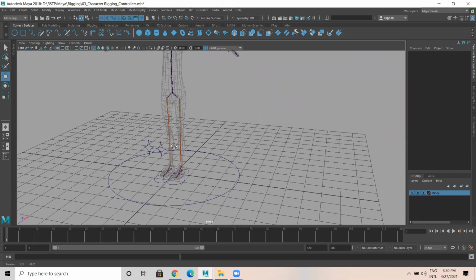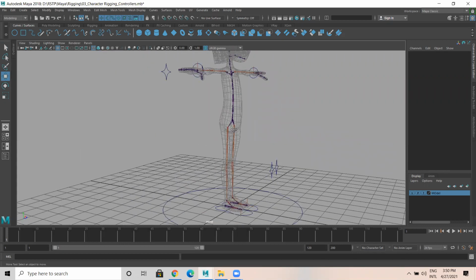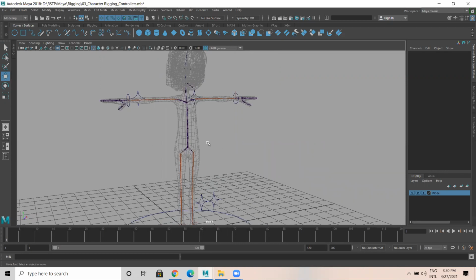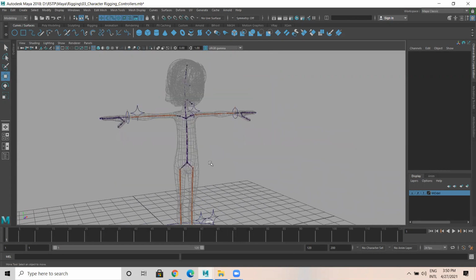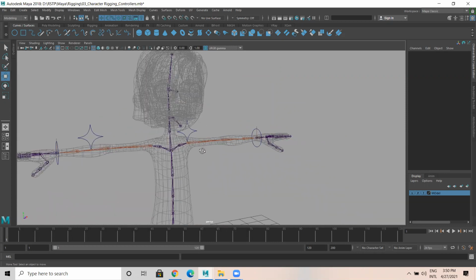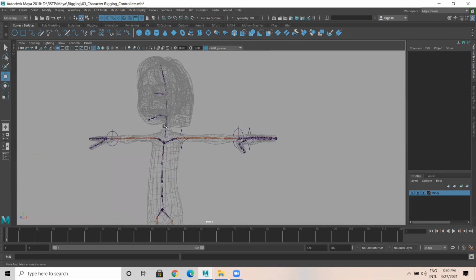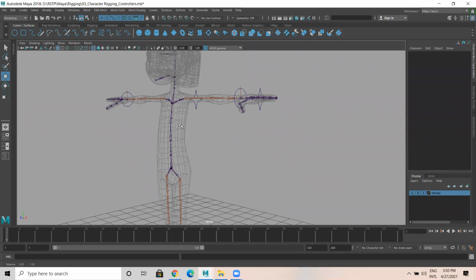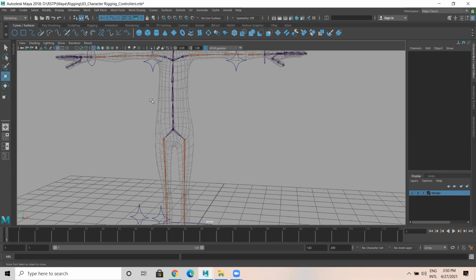So as we know, where all the controllers need to come. One, obviously we need in the spine. We need a main cog, main controller. For the leg part we have added, for the hand part we have added. Apart from that, we should have controllers in the neck, jaw, eye, and head part. Fine, let's start creating controllers.